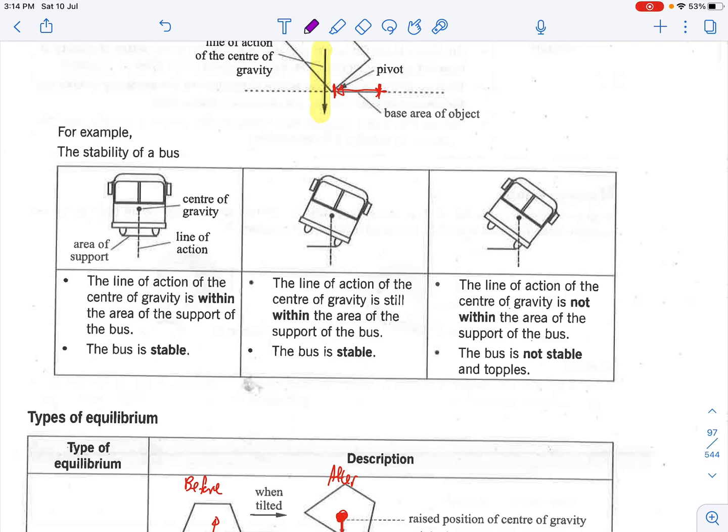So for example, your double decker SBS bus. It may have a higher center of gravity, however the base area for the bus is quite high. Second thing is they also tend to limit the number of people who go up to the second level, because you do not want too much weight at the top of the bus while below is vacant. This will bring up the center of gravity of the whole bus higher, but of course the bus has all the heavy engines at the bottom, at the first level of the bus,